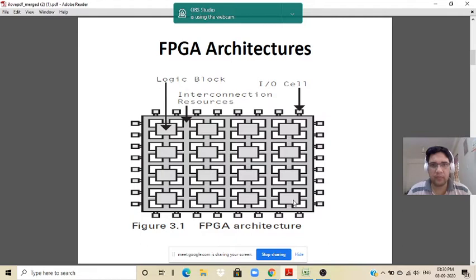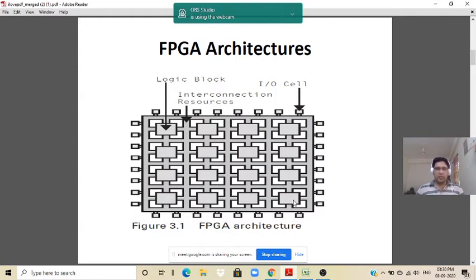Then third we have the IO cell. IO cell means to get the input and to give the output. The periphery consists of different pins. These are also programmable, because by programming the IO cell they define which pin will be used as input, which will be used as output, and which will be used as bidirectional, that is for both purposes, input as well as output. So these are the three basic blocks which are present in the FPGAs.